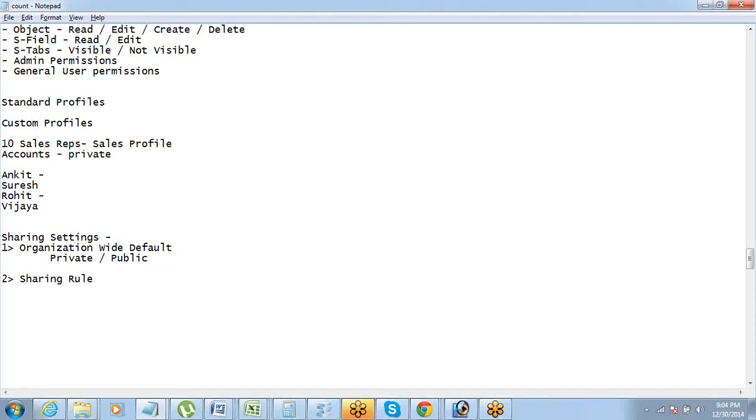The moment I say account is private, what happens? Each one of you just get to see your data. So if Ankit is dealing with 100 accounts and Suresh has 120 accounts, and if Rohit has 300 accounts, and if Vijaya has some 90 accounts, the moment I make this account as private on the OWD, Ankit will only get to see 100 accounts in the account table.